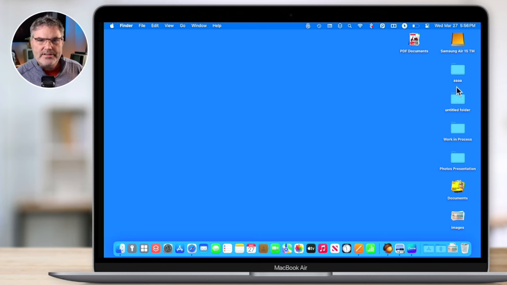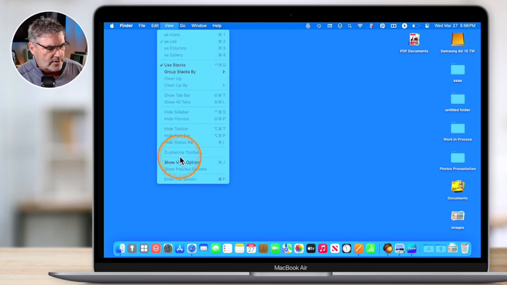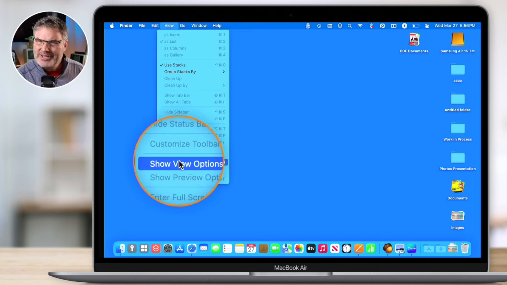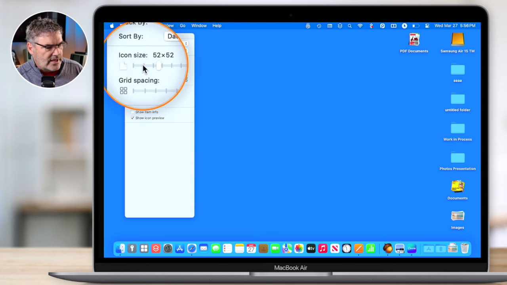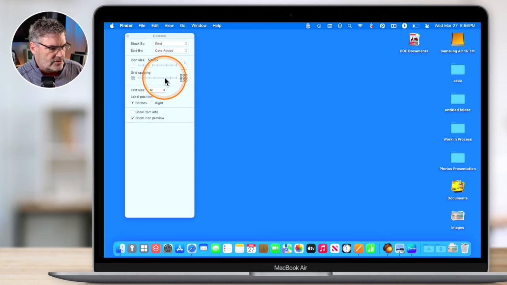How do we do that? Well, again, we go back over to our Show View options. So I just go up under View, and then we go over to our Show View options. This is where we change the icon size. So I select it, and instead of going to icon size, what we do is we go over to grid spacing. So now what I'm able to do is just take this little slider here, and I drag it over